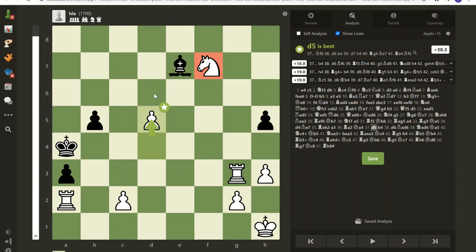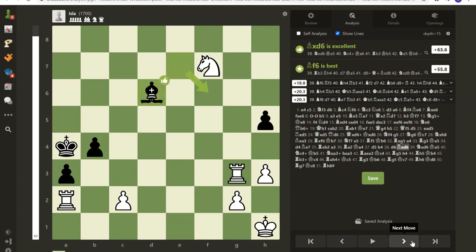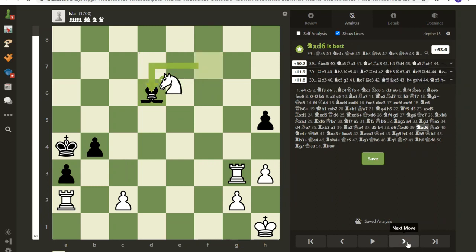Well, this knight owns this square and this square. Hey, maybe I can get a queen here. And so that's what I try. And, you know, here it comes. And Isla says, well, I can't have that. Unfortunately for her, I do own that square. So, you know, there's that. So